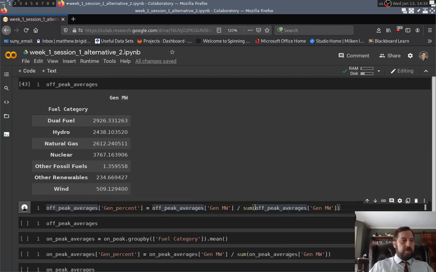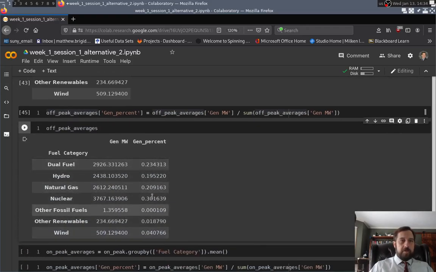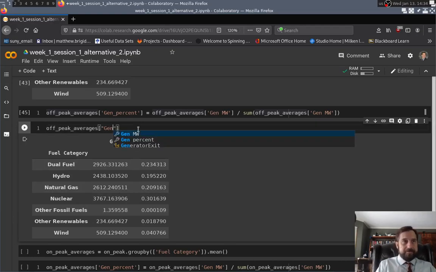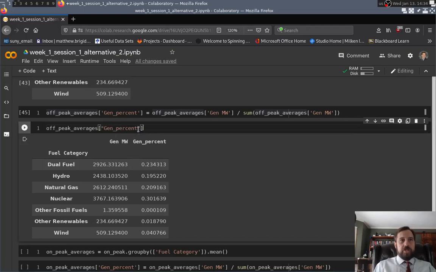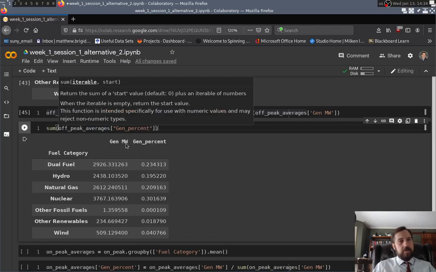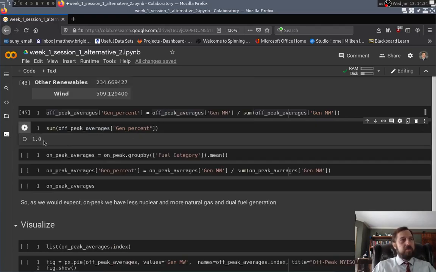So what we can do here is we can define that, and what we're going to see is a new column here. So what it did was it summed all of this up, right? And then it said 2926 divided by that sum, 2438 divided by that sum. And it's always good to check. It might make sense to check that the sum of this, if our calculation is good, you can eyeball it, that's fine, but the sum is 1, like we would expect. So it did work